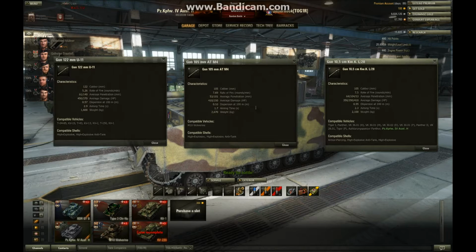I'll talk about that a bit more in a minute. The Wolverine has vastly better aiming time of 1.7 versus 2.3 on the Panzer IV-H. And I think a good upgrade, I haven't done it yet, but a good upgrade on the Panzer IV-H might be a gun lane drive to speed up that aiming time a little bit. I've got vents fitted, but I'm thinking about putting a gun lane drive because I'm definitely going to keep this